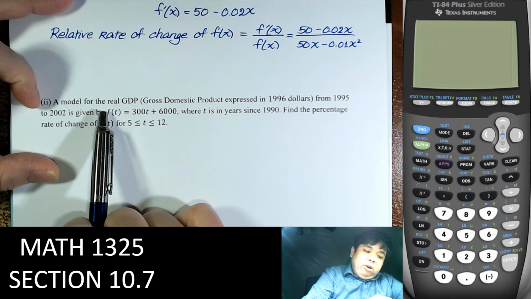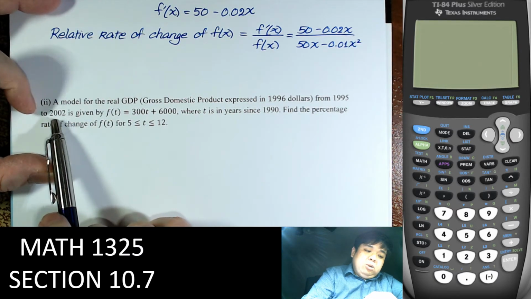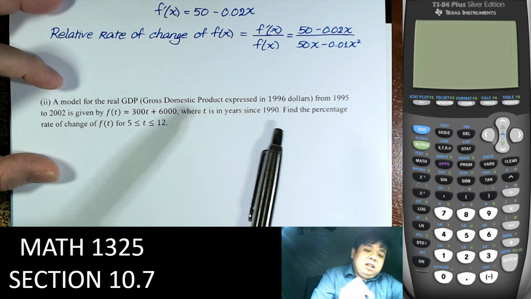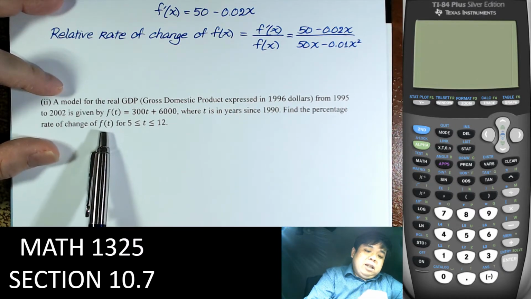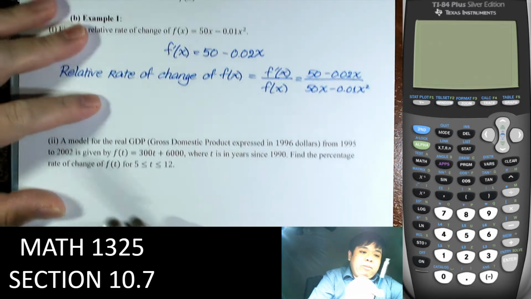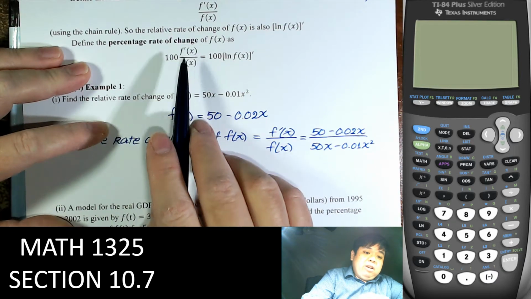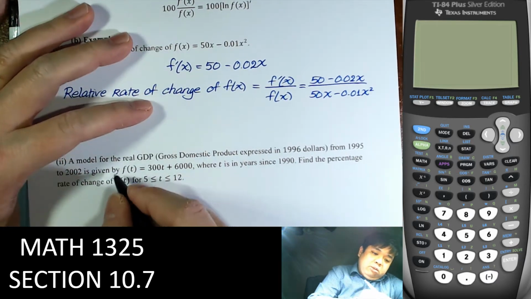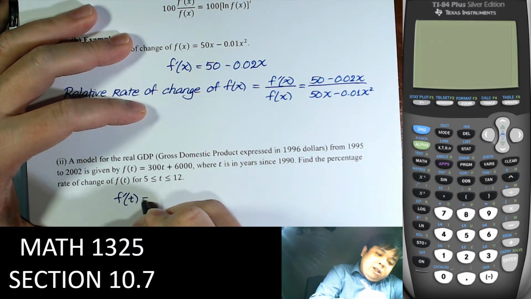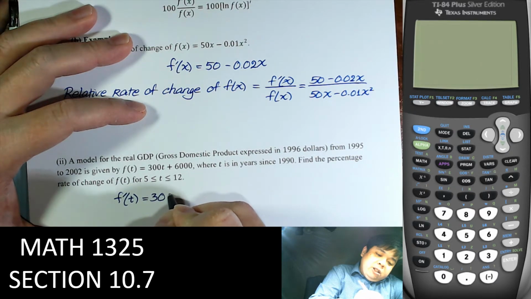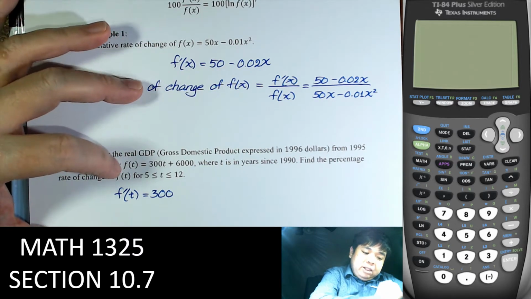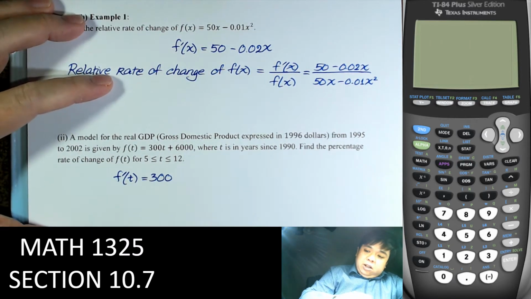A model for the real GDP in 1995 to 2002 is given by this, where t is years after 1990. Find the percentage rate of change for f of t for t between 5 and 12. So very straightforward. We just take 100, multiply by the derivative, and divide by the function. So this is a function of t, so we take the derivative. It's just 300, right? The derivative of t, and then the percentage rate of change